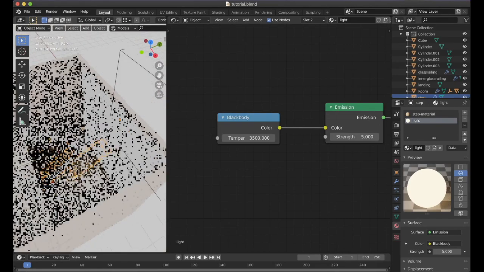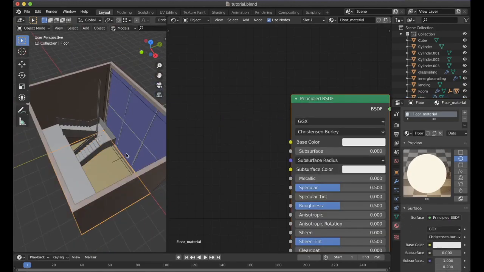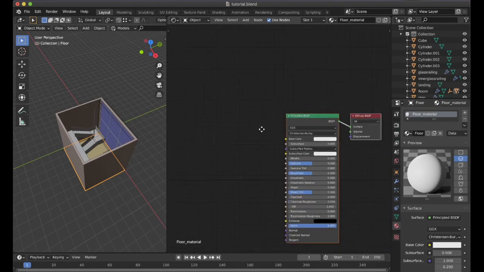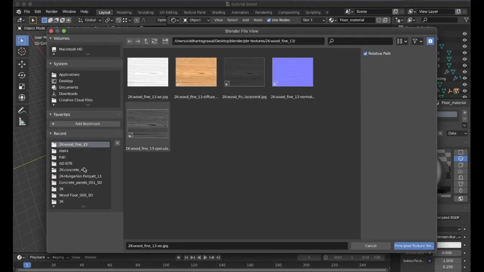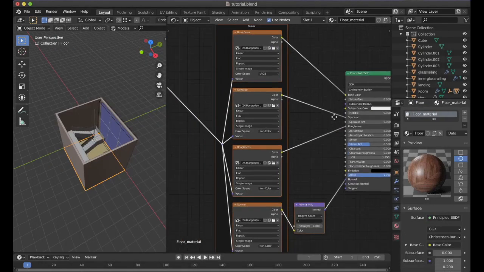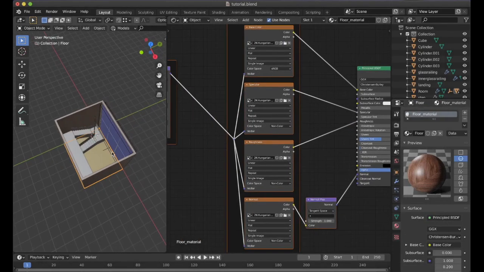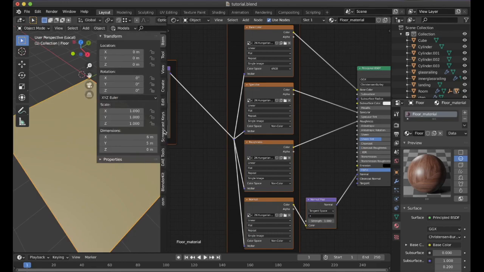Now that we have set the stairs material, this time I will add the floor material. Again I will use the same Control Shift T shortcut, and this time I'll select this. This texture is again from Share Textures. You can download it. I will isolate that this time, and then let's see what happens. Let me also turn on the screencast keys. I just noticed it.